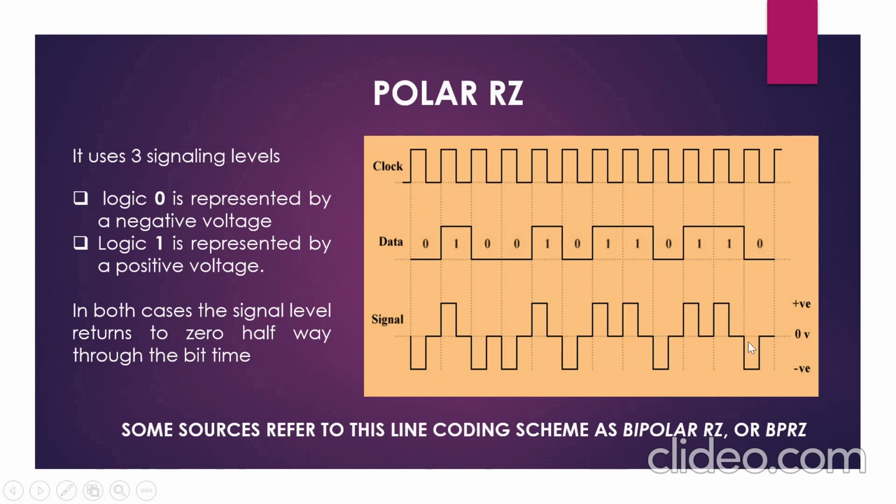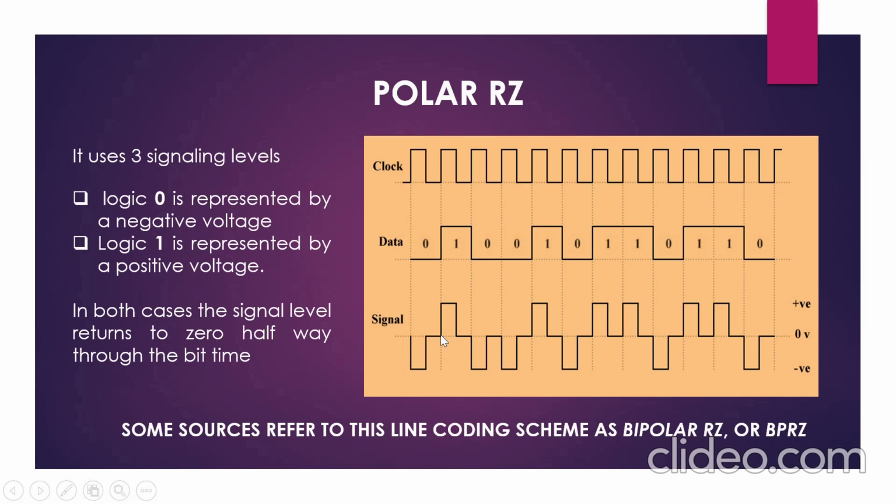As you can see, 0 voltage is represented by this middle line. So whenever you are coming back to 0, it would come to this point. Similarly, from an upward transition, you will come back to this place. So during every bit time there is a transition midway. So if this is 0, represented by a negative voltage, then it would come to